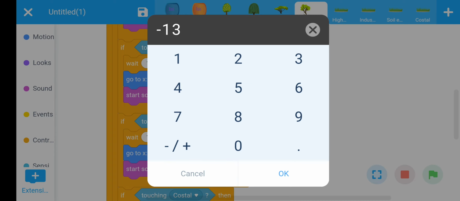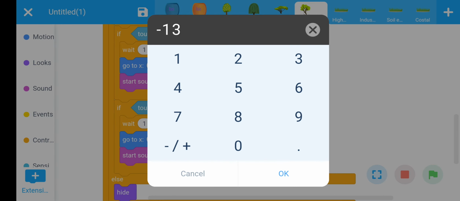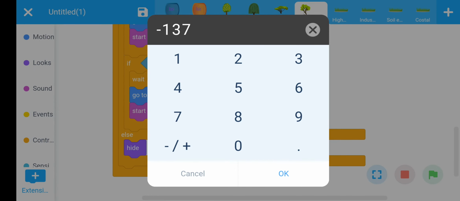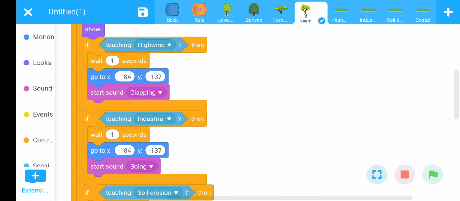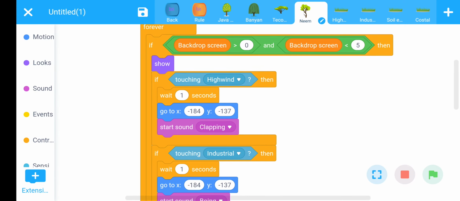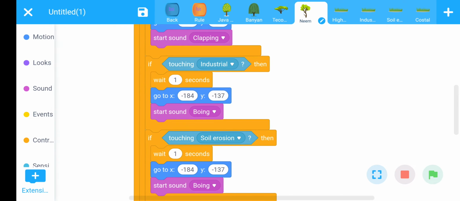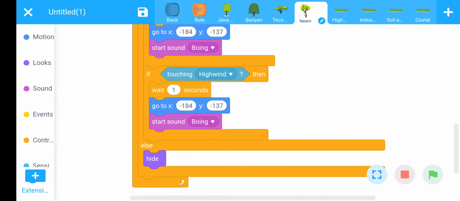Minus 137. Minus 137. And here also, this is the last minus 137. Okay, then for neem tree, the right option is coastal. Then replace high wind with coastal, and below where coastal is present, replace coastal with high wind. Okay, then save it.